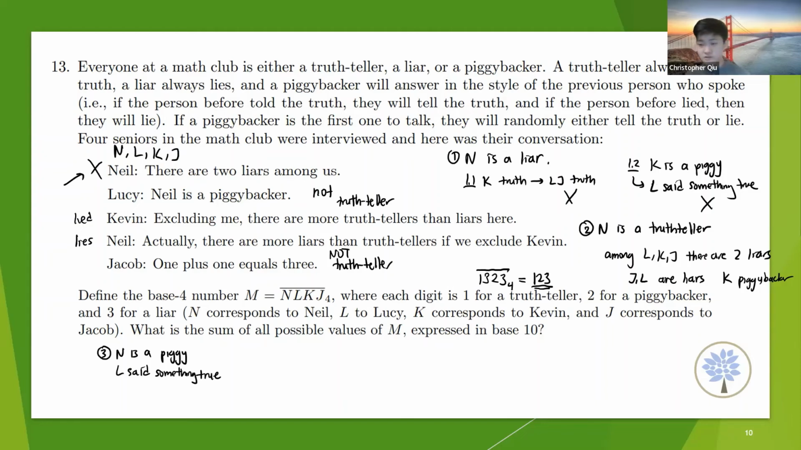The only other possibility is if Lucy is a truth teller. So we just used logic to argue that Lucy must be a truth teller, because if she's a liar, then we get a contradiction. So Lucy is a truth teller. And then we can use the same logic to notice that if Lucy is a truth teller, that would mean that